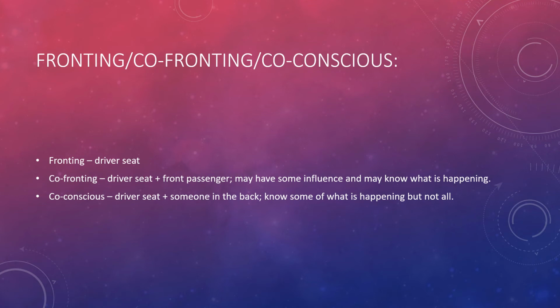Now, when someone is co-fronting, you have someone who is in the front seat driving the car and a passenger, whether that be in the front or the back seat. Typically, co-conscious or co-fronting for us anyway, someone's basically in the front passenger seat. And they know most of what's going on, and they may have some influence on what is occurring. However, for some people like us, on rare occasions, when we co-front, it's not just 2 alters, it can be more than 2, which can get really